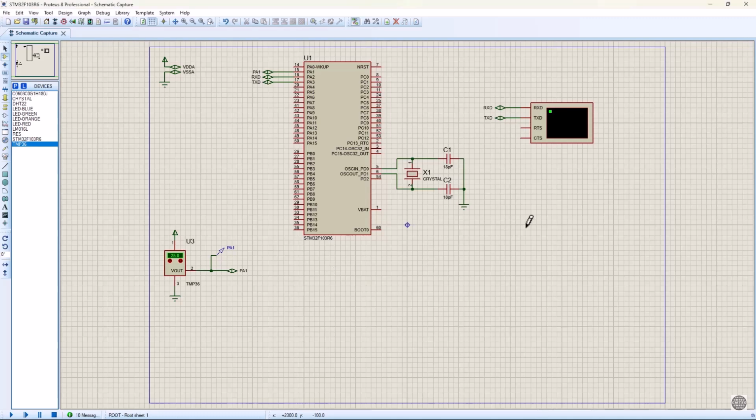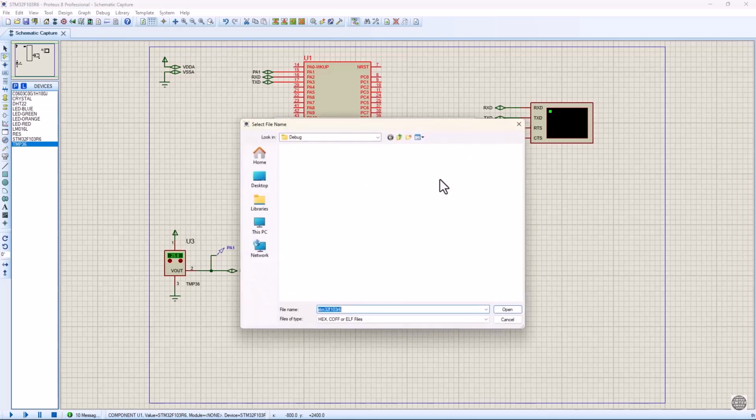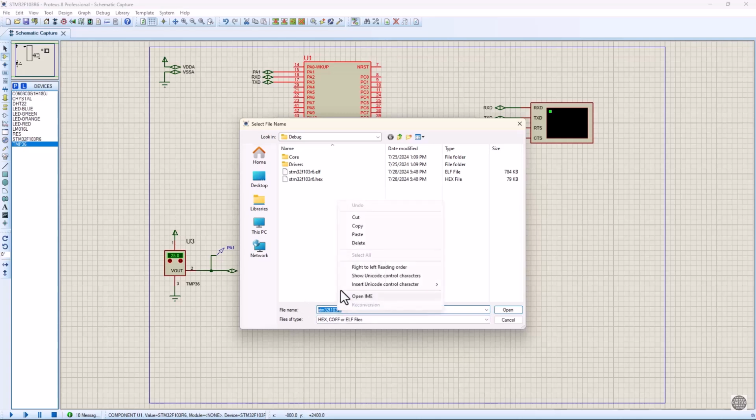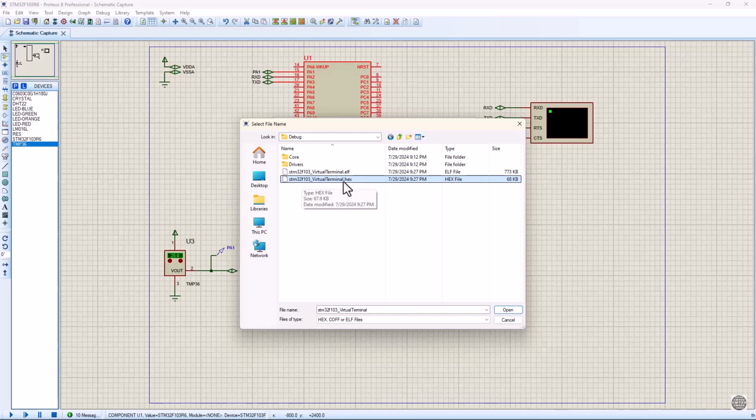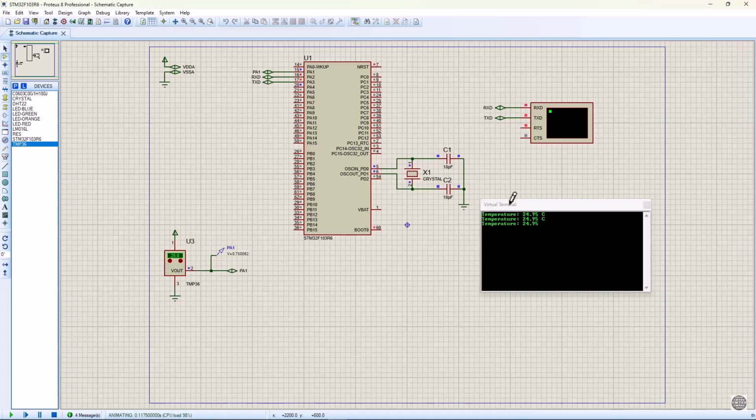generated. Okay, great. Now let's go ahead and click on our IC, right, and edit properties. Okay, then we need to click on the program file so that we can find our hex file. And here, as you can see, I'm using the old one, and now I'm going to paste the link to where the new one is located. Okay, and here is our file, STM32F103 virtual terminal.hex. Great. Now let's go ahead and run this program, and the virtual terminal should pop up somewhere here. There we go. And as you